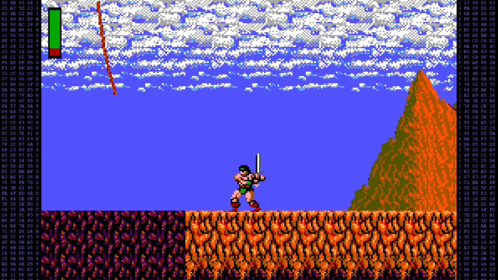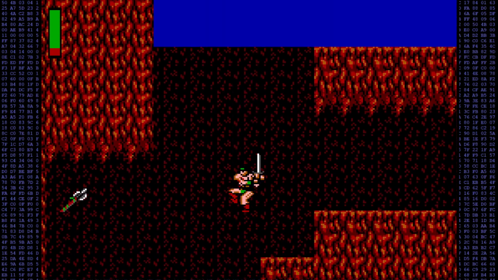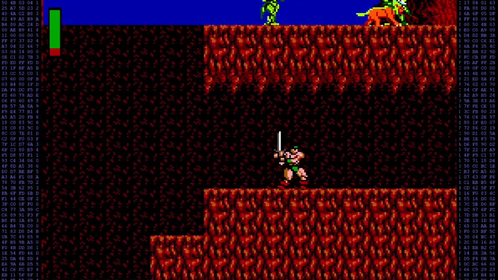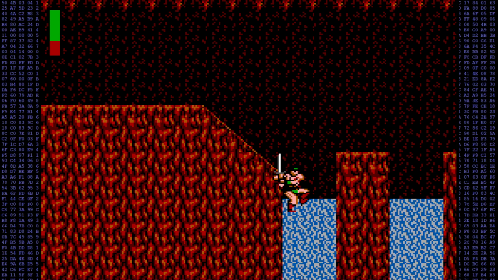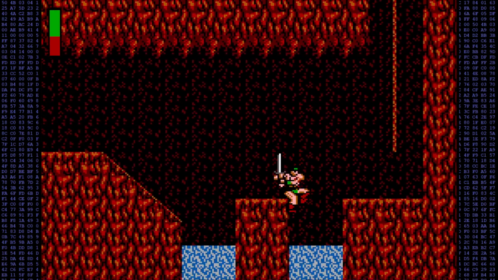Just for an example of how weird these physics feel, I'm going to jump off the ledge here and keep holding left the whole way, but you can see Rastan comes to a dead stop there and there's nothing you can really do about it. It makes learning this game very awkward, but once you get used to it, you'll know the feel and where to jump. The other factor is that you can get stuck in pits like this, and then you have to sort of figure out a way to jump out of it,